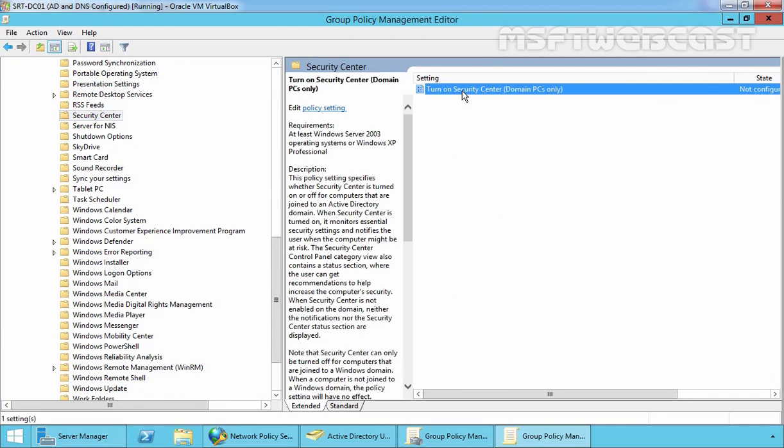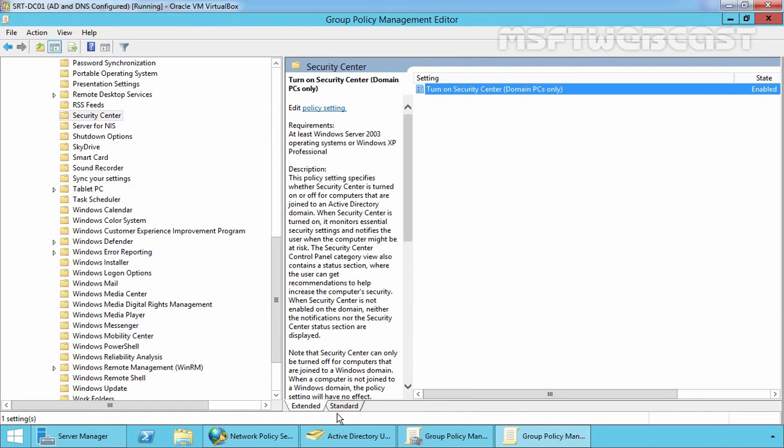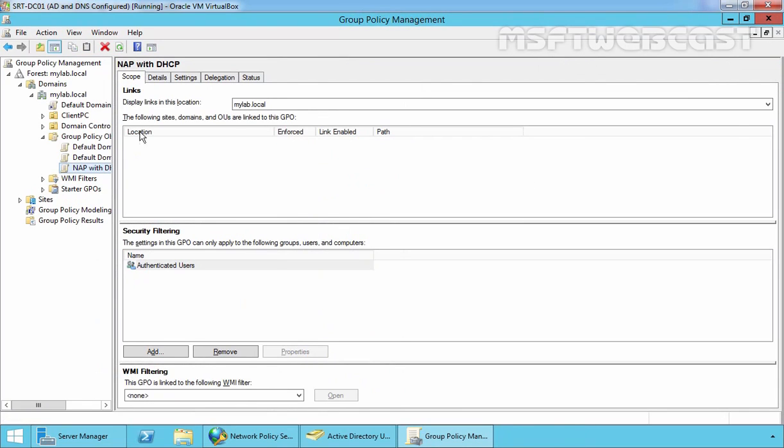Under Security Center, there is only one policy, and that is Turn on Security Center (Domain PCs only). Double click on it, select Enable, and then click on Apply. And that's it. Once you set all this policy, let's close the Group Policy Management Editor console, and let's select our